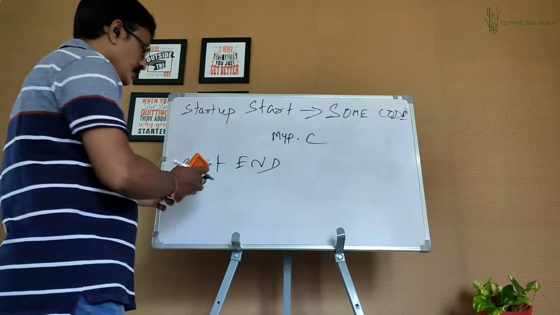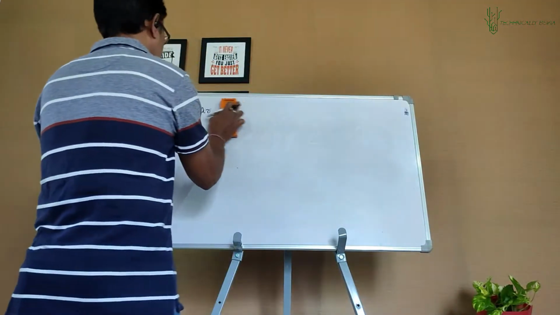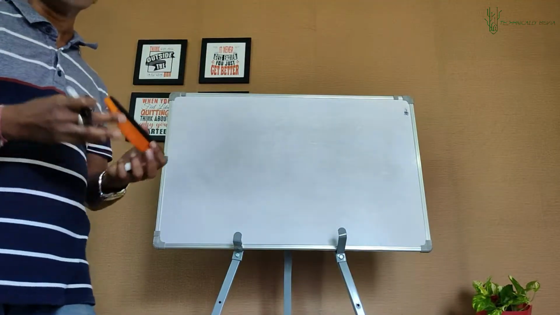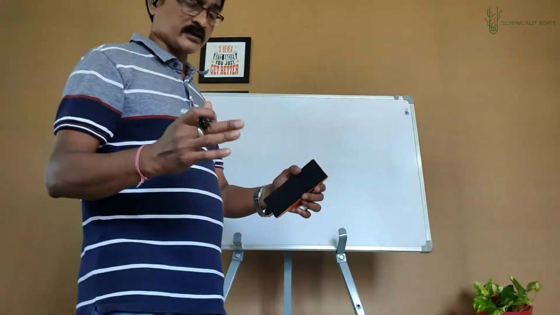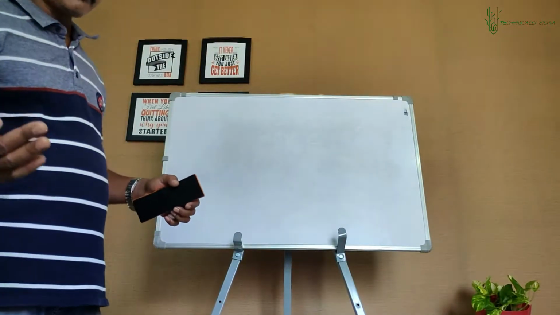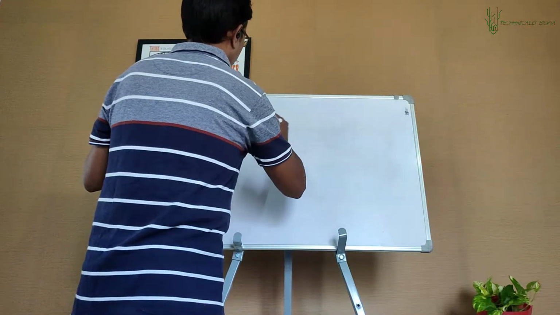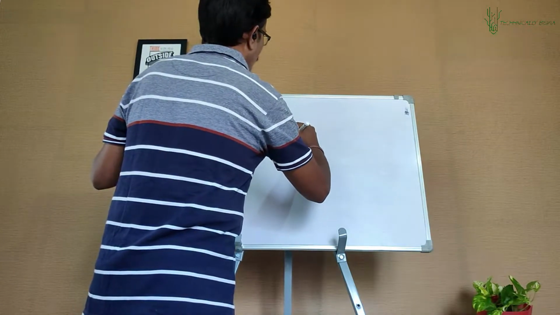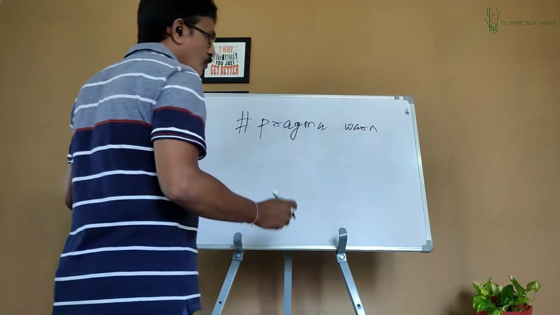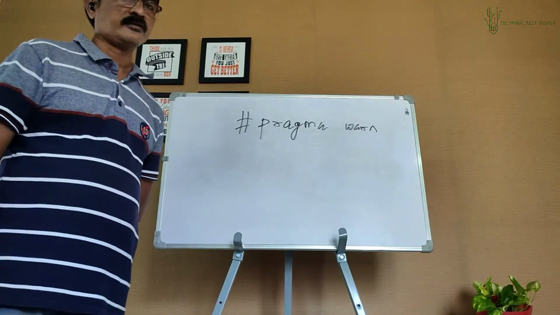Now, with Pragma, I told you there are compiler specific features, and Pragma is very important. To make your program more flexible, to make your program more acceptable, Pragma is extremely important. Apart from that, in Pragma you have something called warn. Now, warn is to, you can switch off or switch on warnings.